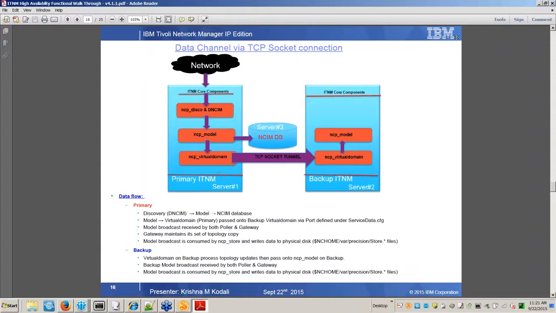Now the data channel. The discovery is done on the primary core server. The discovery is not run on the backup. The discovery data is sent to the NCP model process. The data is sent using a message bus, which is a nano broker. It used to be Rendezvous in 3.9 and earlier versions. Actually, 3.8 and earlier versions. I take that back. And the data is sent from model to NSIM database,